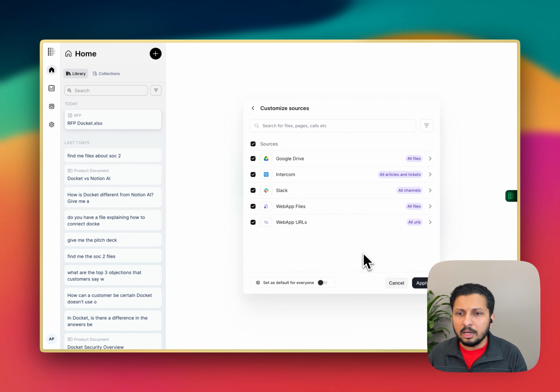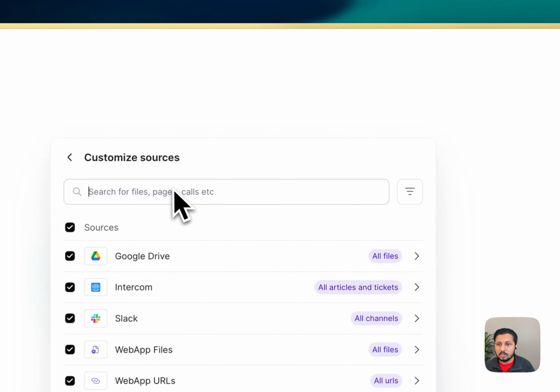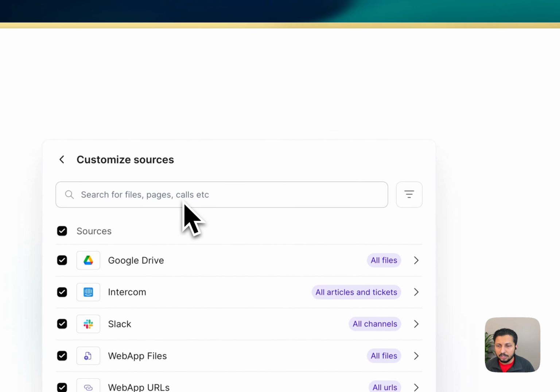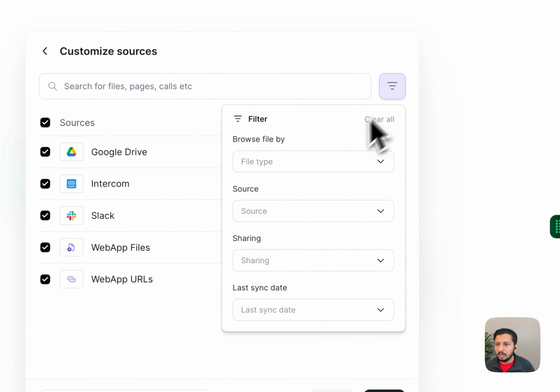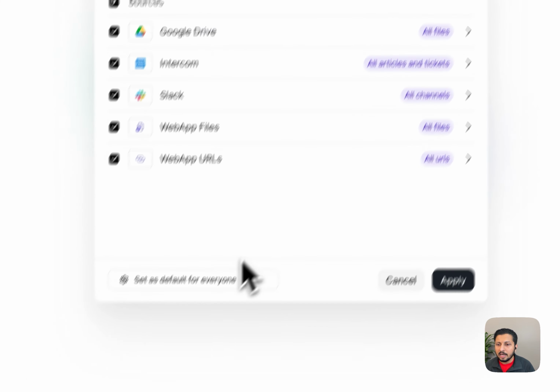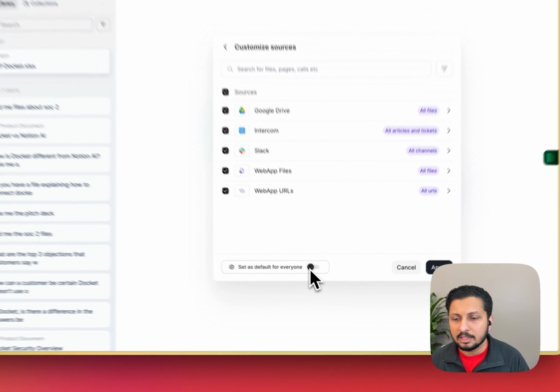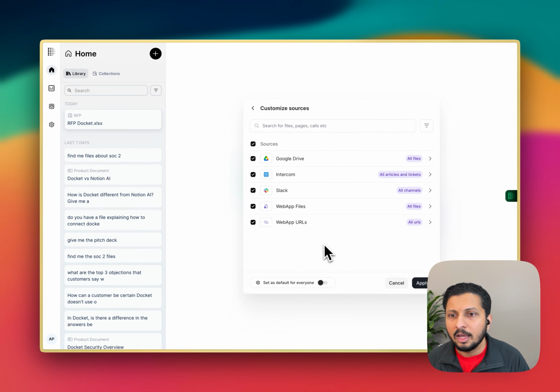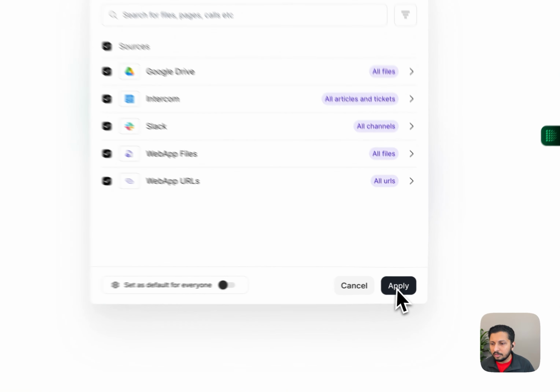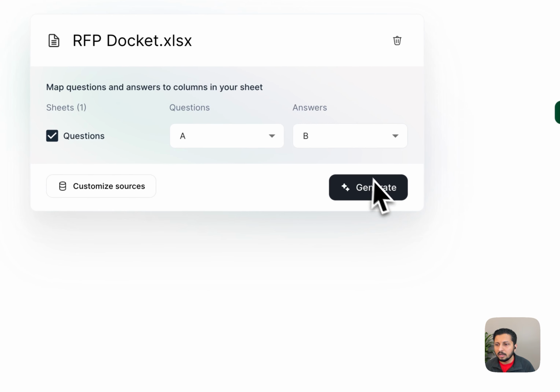So you now have the ability to look for the specific places, knowing the context that you know about the RFP. Or if it is a security questionnaire, you want to say that, okay, pull from only these sources and not from these sources. You also have the ability to search for files, pages, or calls this way. You have the ability to filter it down here. And if you're an admin, you can also set this as a default for everybody who is using the RFP module in Docket. So once you do all of that, you click apply,